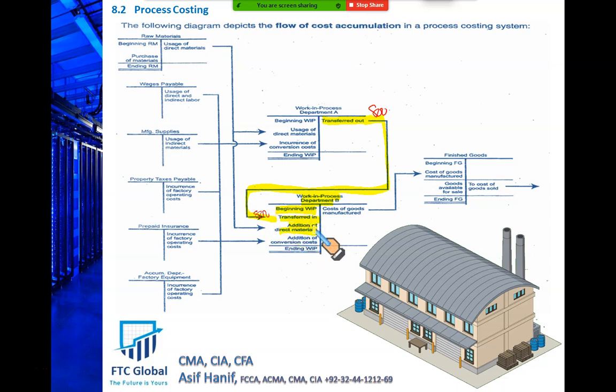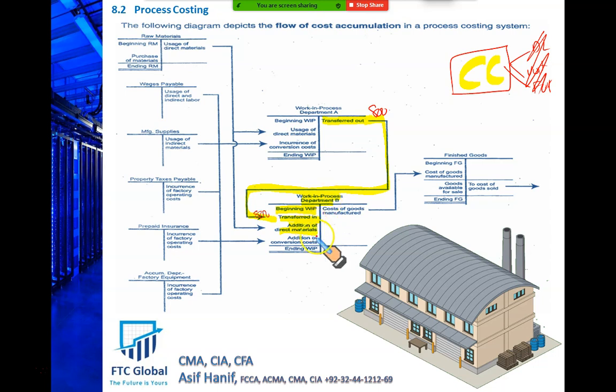And I told you the second category of cost is the conversion cost, which we just discussed is the sum of three things, that is direct labor, variable overheads, and fixed overheads. So we don't consider these separately. We just use the word conversion cost, and that's what you will see in the questions that we will do. So the third is addition of the conversion cost. Now this department will again do some work on the units. Eventually, this is the last department, last process, department B.